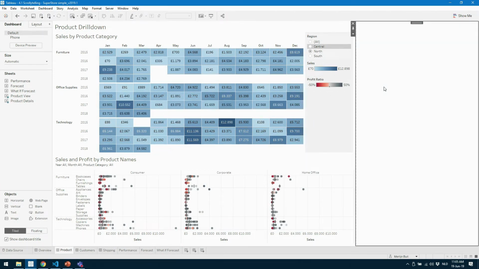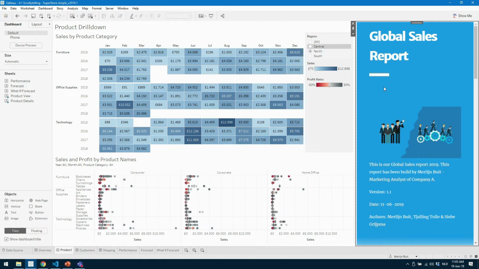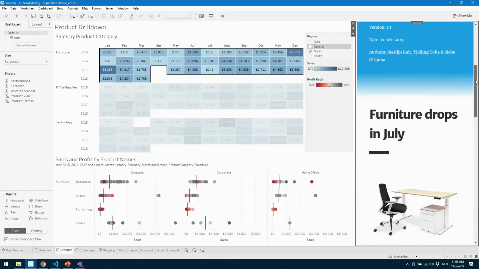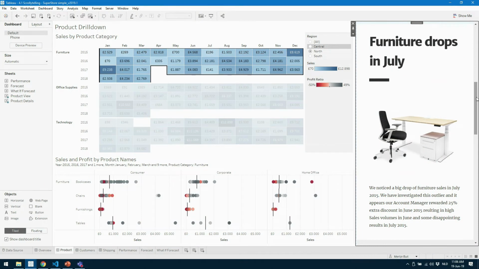So what we have right here is the standard Tableau product dashboard from Superstore. And it's just a dashboard. It has some vizzes. This is a really simple example, but it shows the power of this extension. So we have the global sales report, I call it. And we have some text here. There's a little image. And when I scroll down, the first topic we have to take a look at is